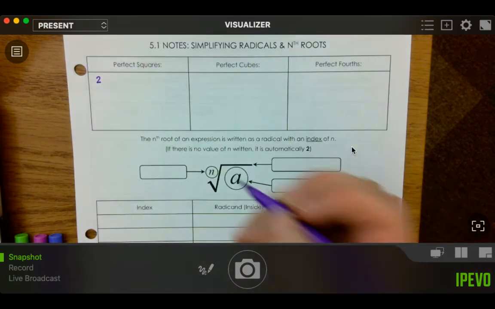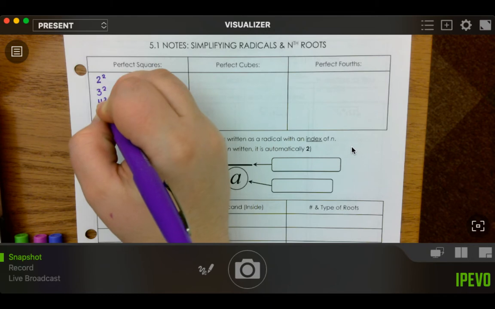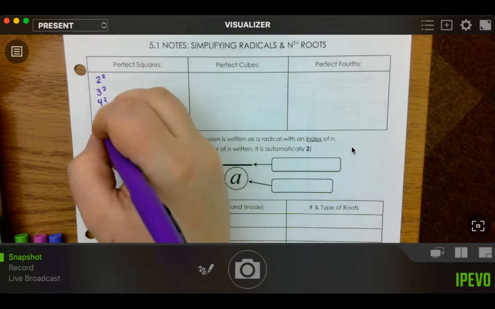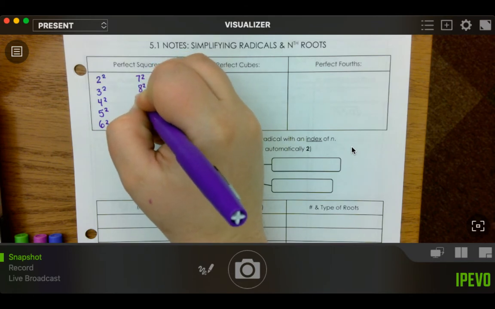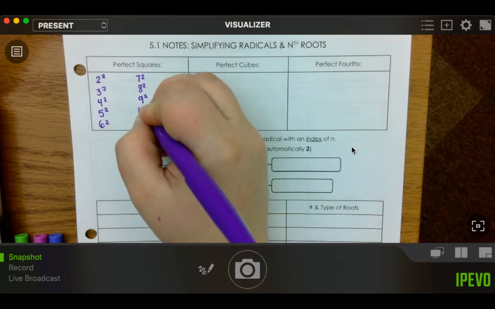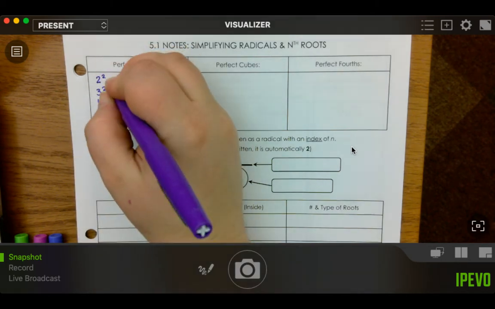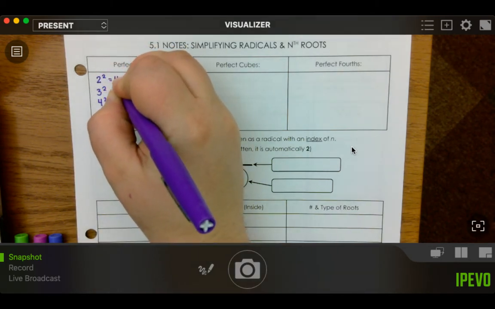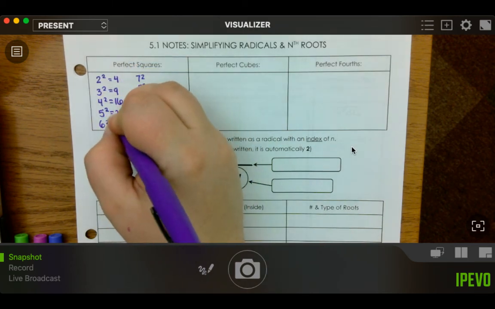So first of all, we're going to talk about perfect squares. So like 2 squared, 3 squared, 4 squared, 5 squared, 6 squared, 7 squared, 8 squared, 9 squared, 10 squared. There are other numbers squared, but we're just going to go up from 1 through 10. First of all, 1 squared is just 1. 2 squared is 4, 3 squared is 9, 16, 25, 36,